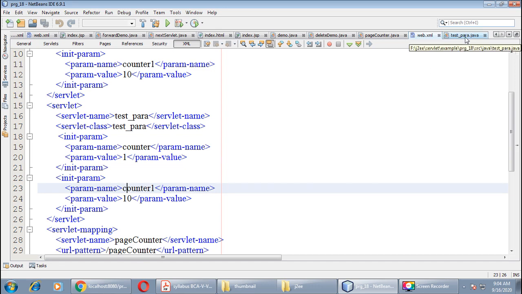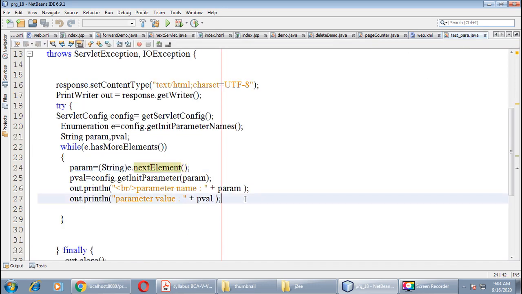Let us get back to the test_para servlet. So here we will fetch the first parameter, namely counter, right? And then the value of that parameter we can get with the help of getInitParameter. As you know, we have already used this method in our previous servlet.